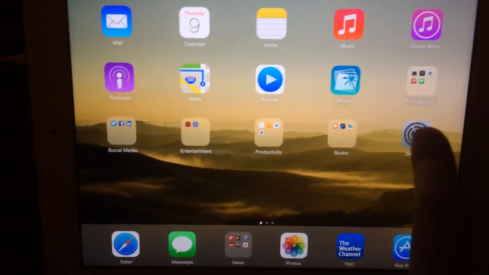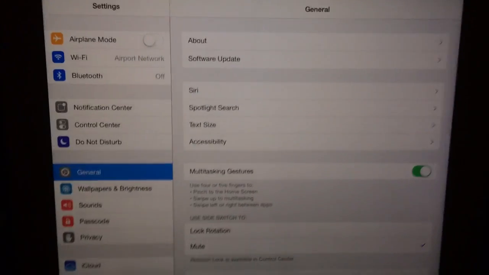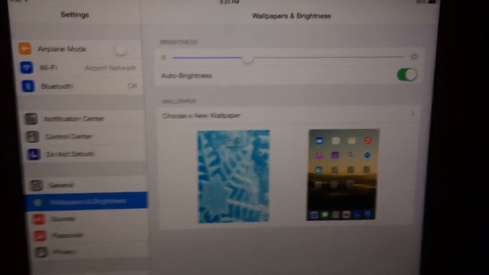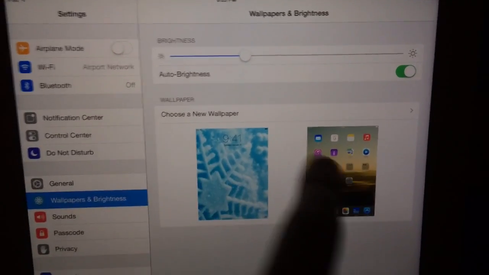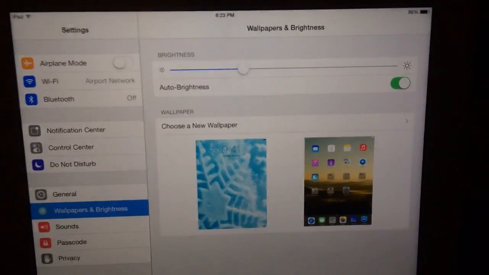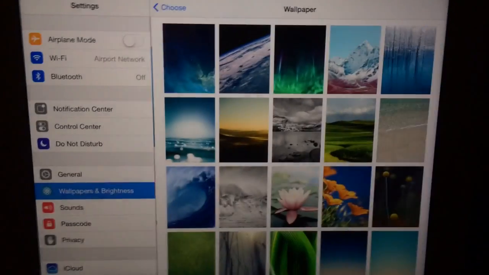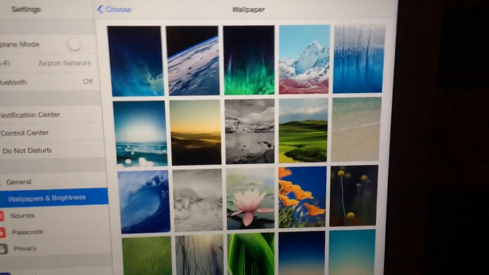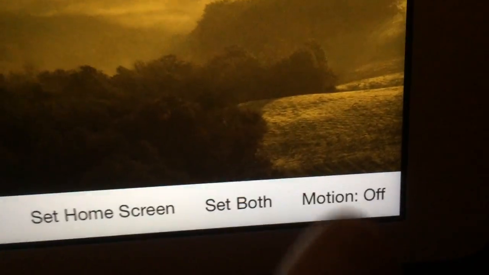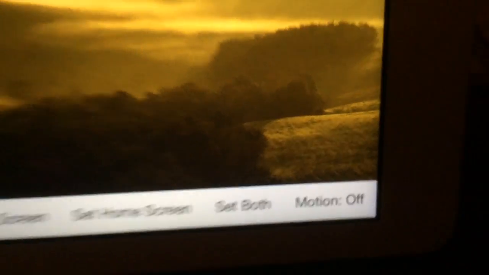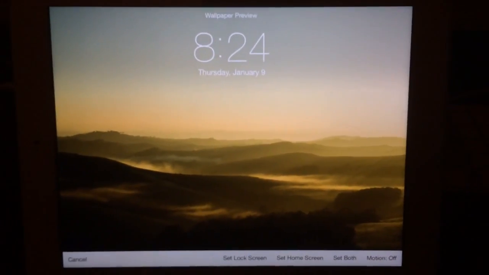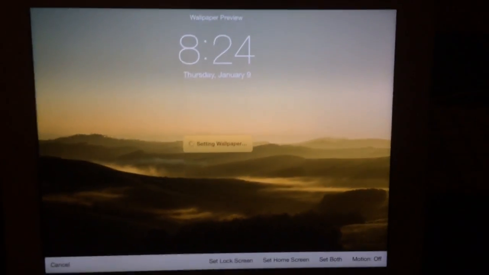So another major change is if we go to settings and go to wallpaper, instead of hitting one of these, you can actually hit choose a new wallpaper. Now, if I do that, I can go to stills and pick a wallpaper. And down here, there is now a new option to turn motion on or off. What that does is it basically turns off the parallax for the screen. So if I set motion to off, and I'll go ahead and set the wallpapers,